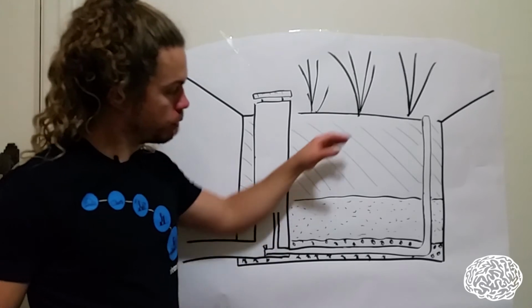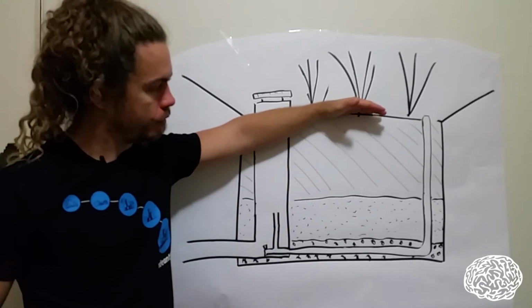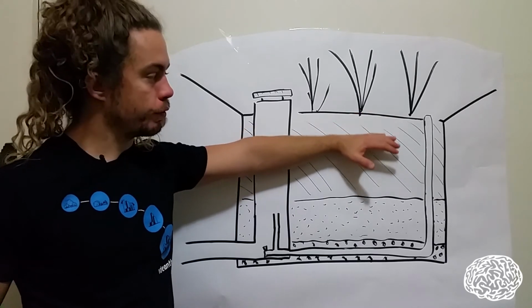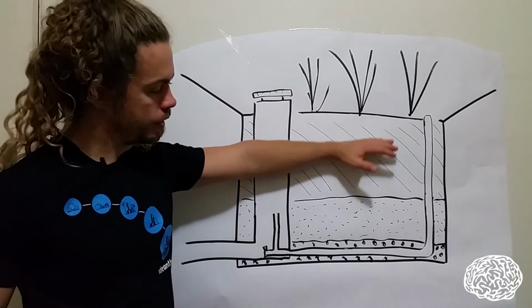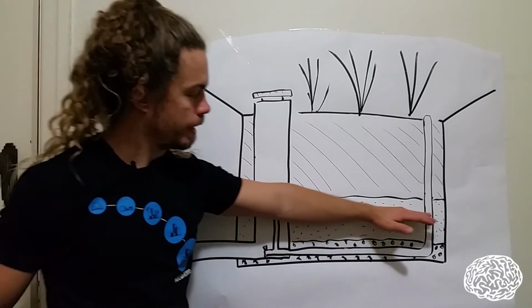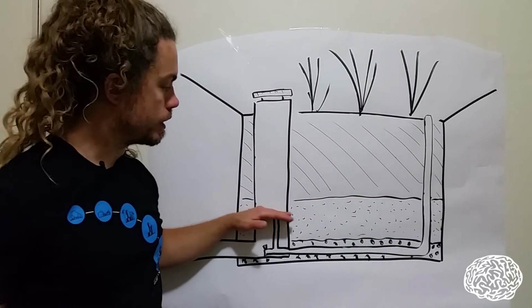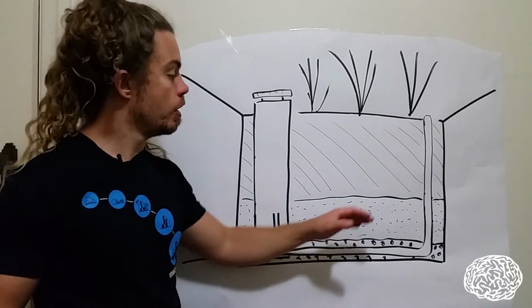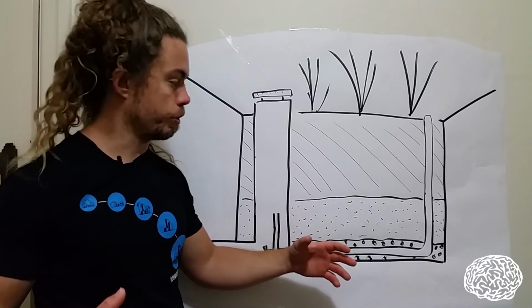So it keeps raining for a while, it stops raining, and you've got the last of the rain draining through the filter media under gravity, so it's freeing this back up, it's not staying saturated up the top. Draining down under gravity, it gets down, pushes out the last bit, and you get left with this saturated reservoir in the base. And then in the dry period that follows here, what you've got is essentially a giant self-watering pot,